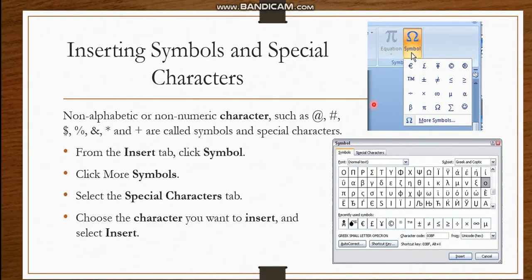I think it is very much clear here. By clicking on the insert tab, you will find this symbol button. When you click, it shows only these many symbols here, but if you want more, you can click on more symbols and you will get this dialog box. So by dragging this scroll bar, you can go up and down and choose your symbol and click on this insert button.